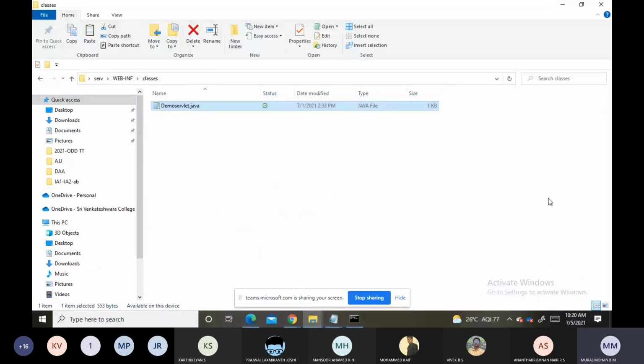Once the servlet program has been created, kindly remember that we create the servlet inside the classes folder. Creating the directory structure is finished.